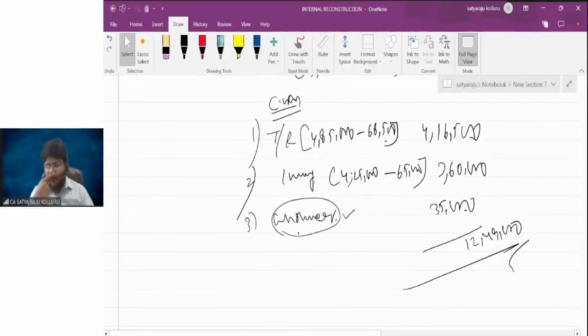Fine. One more thing. In today's class, if time permits, I want to give a mind map for both the chapters, amalgamation as well as internal reconstruction. What is the meaning of a mind map, sir? Because the chapters are pretty vast, the provisions are much more. I know it is too difficult a task to summarize the entire thing and recollect it in a very short time. So from your end, I will provide small mind map charts to summarize the entire thing before going for exams.